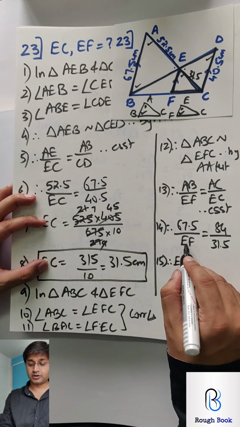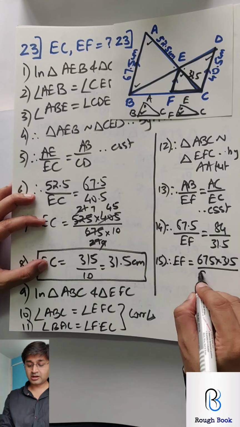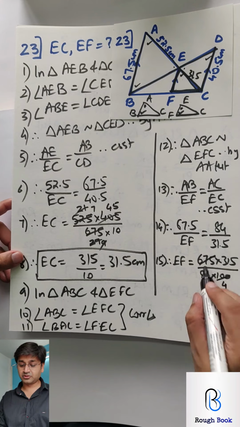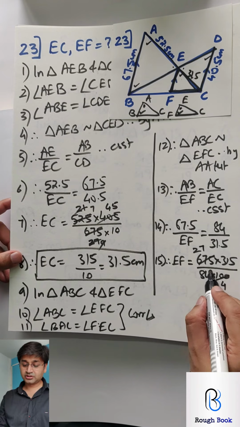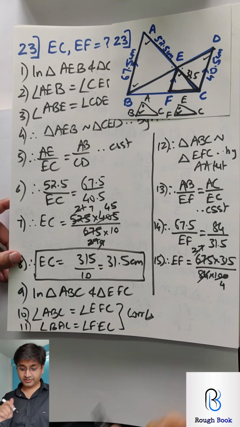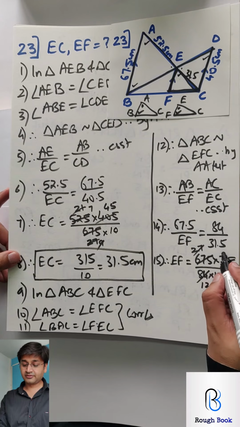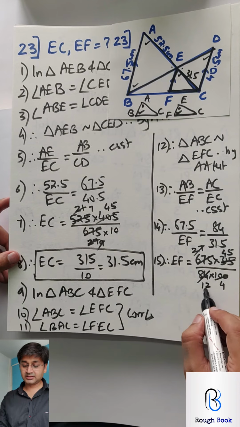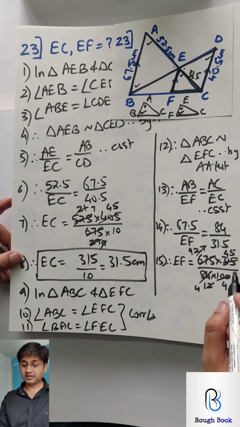So EF is equal to 675, 315 upon 84 into 100. I'm dividing by 25 first, 25 4s are 100, 25 2s are 175, so 25 7s are. This can go in 7. 7 4s are 28, 3 35, so 5s are. Then I can cancel this with 3. Now that I've cancelled this, 3 4s are 12, 3 9s are 27. Nothing else that I can cancel.